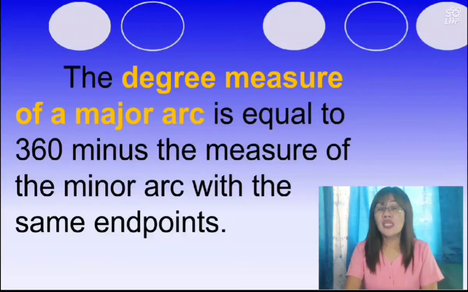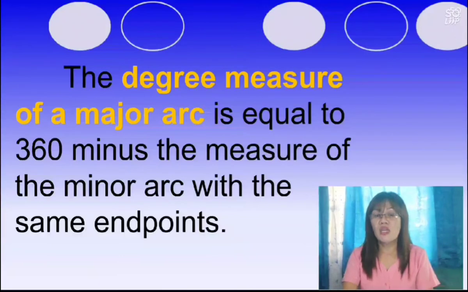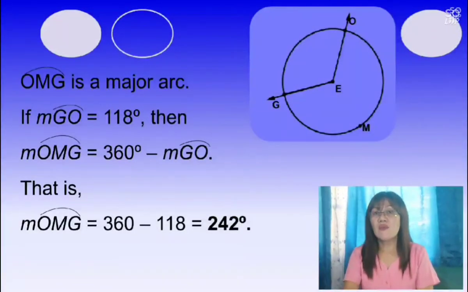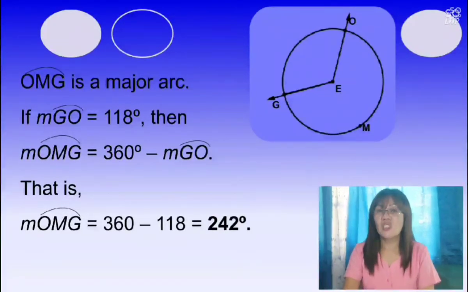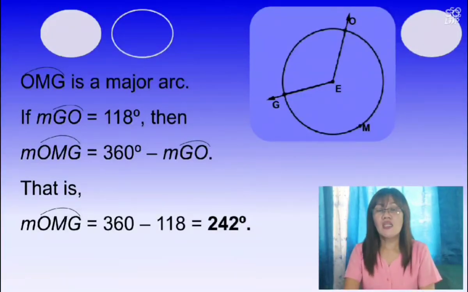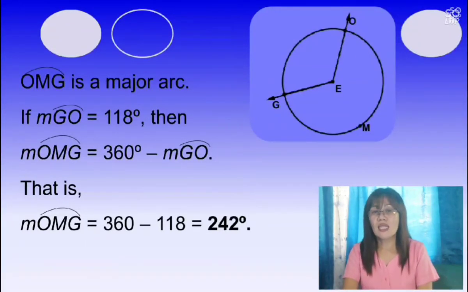Example, we will use again our given figure earlier, which is circle E. As you can see, arc OMG is a major arc. If the measure of arc GO, which is a minor arc, is equal to 118 degrees, then the measure of arc OMG is equal to 360 degrees minus the measure of arc GO. That is 360 minus 118 degrees. The measure of arc OMG is equal to